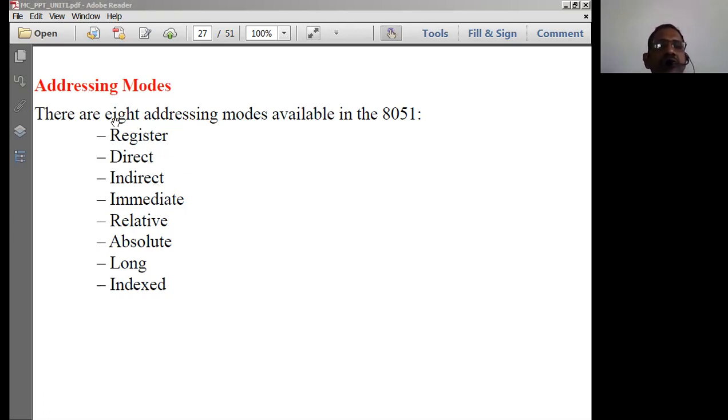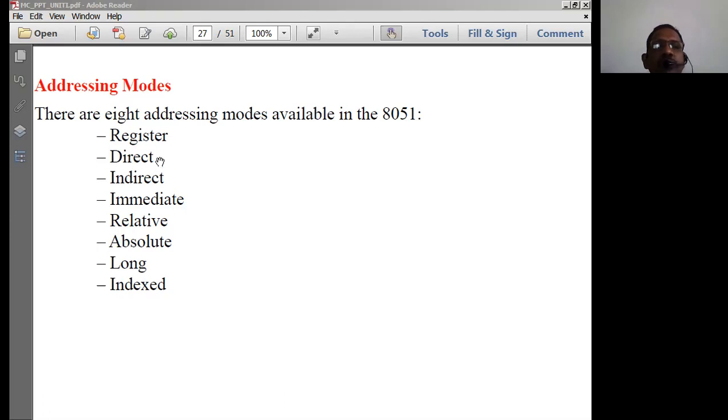So in register addressing mode, most importantly, the two operands are going to be registers, while we move the data from one location to another location. Both of them are going to be registers. So the contents of the registers are used for data transfer in the case of the register addressing mode.